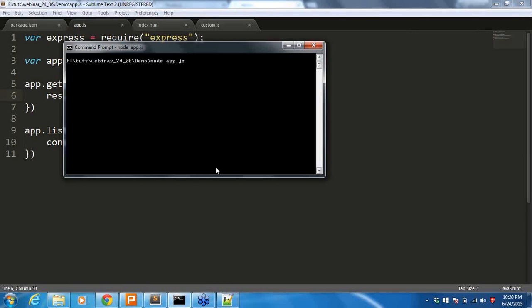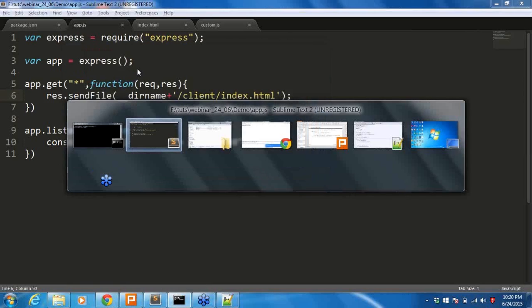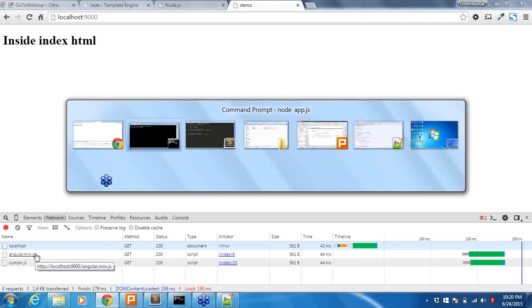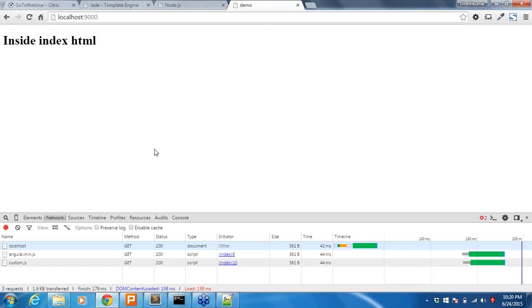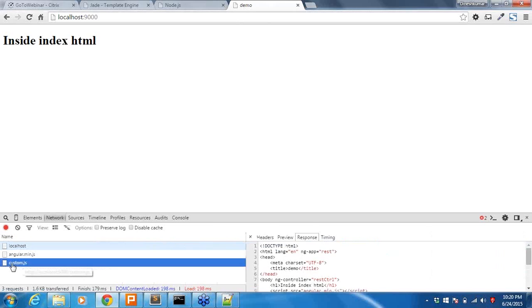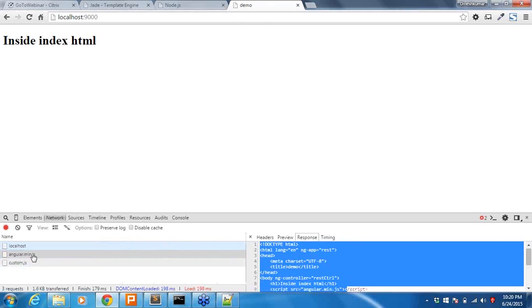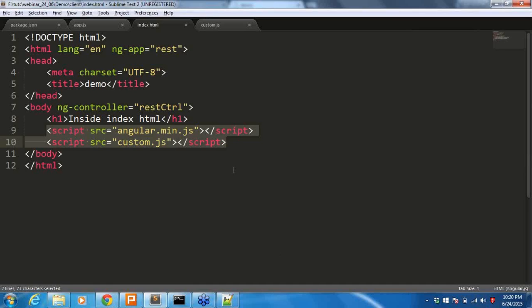So I'm going to start the web application again. It has started, it's listening to 9004. Whenever I refresh, here you can see angular.min.js and custom.js. It is making the request for angular.min.js and custom.js. If I click, it is getting only the HTML alone. In the response, in min.js as well as custom.js, we are getting only the HTML response,